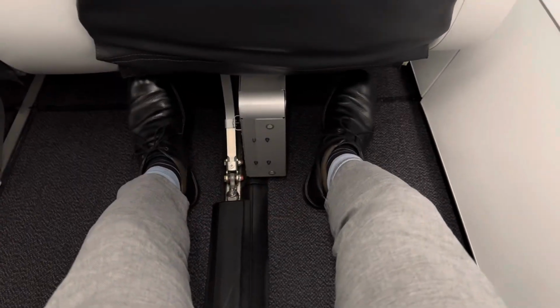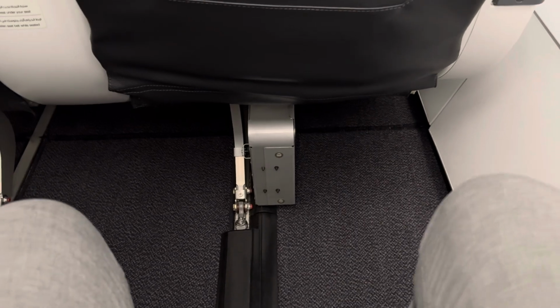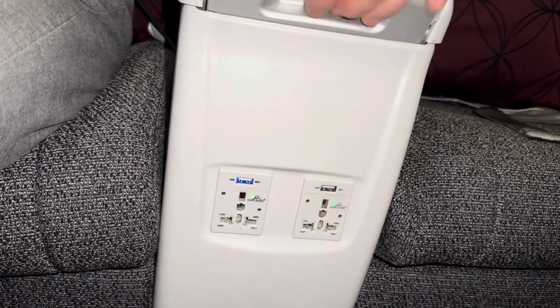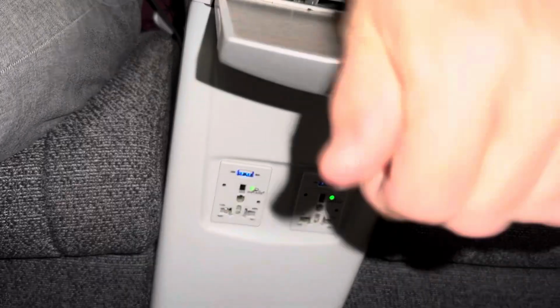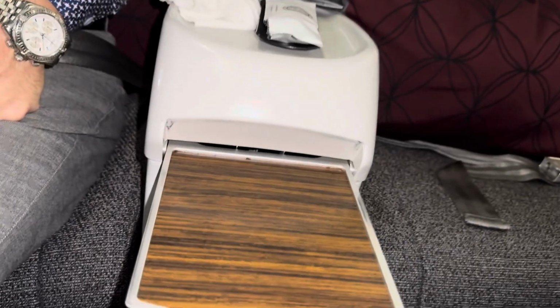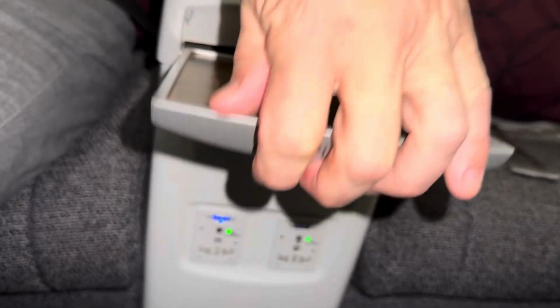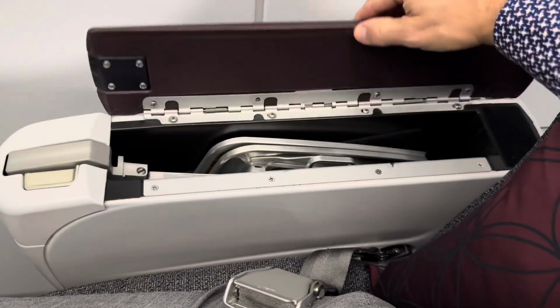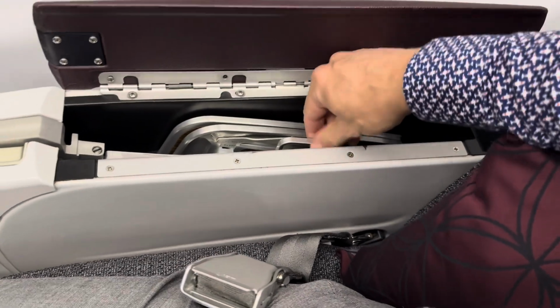As you can see, under the seat in front of you, there's more than enough space to stretch out, although there is some type of electrical box which makes it harder to stow items under the seat. On the center console, there's a universal power outlet for both seats, as well as a small drink tray that folds out. Underneath the armrest, you'll find the tray table, and even though this is a super short flight, we'll probably be